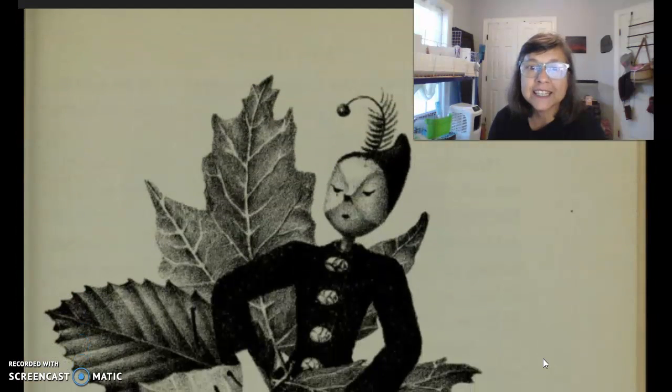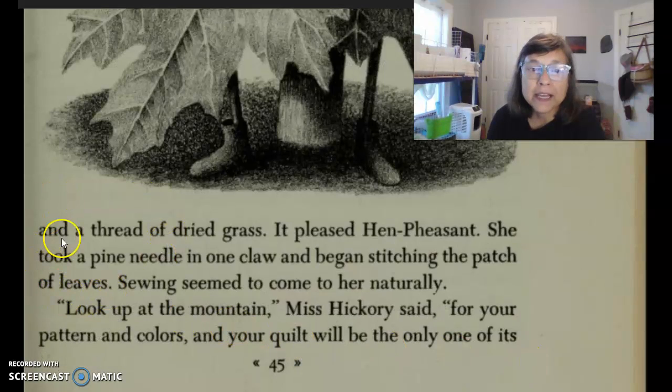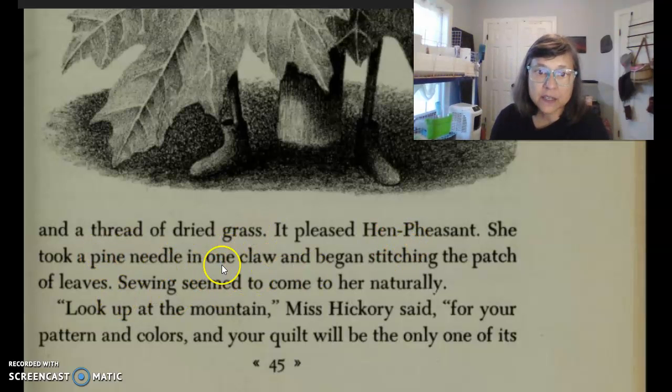There she is, sewing with a pine needle and a thread of dried grass. It pleased Hen Pheasant. She took a pine needle in one claw and began stitching the patch of leaves. Sewing seemed to come to her